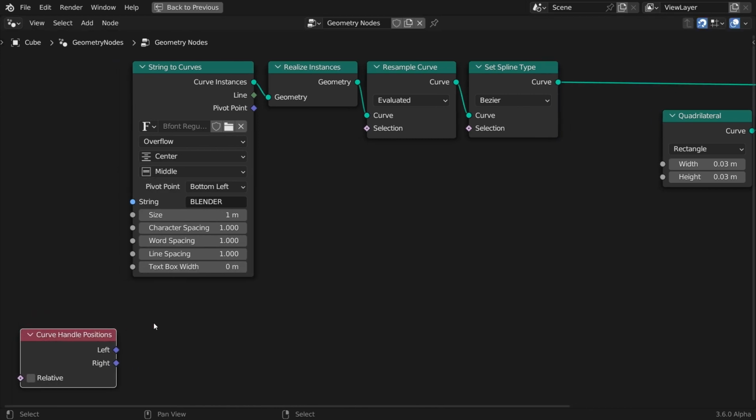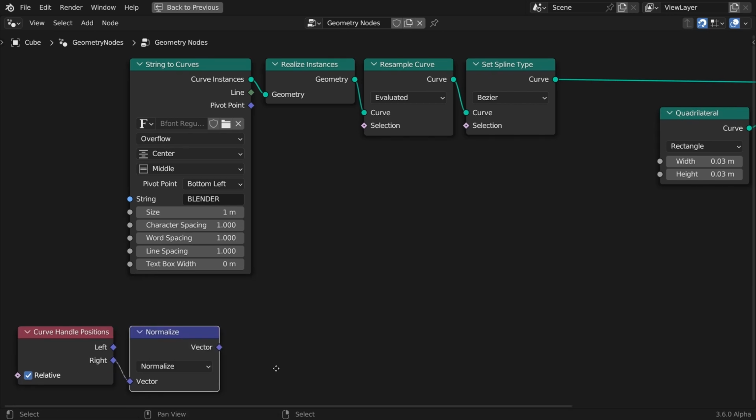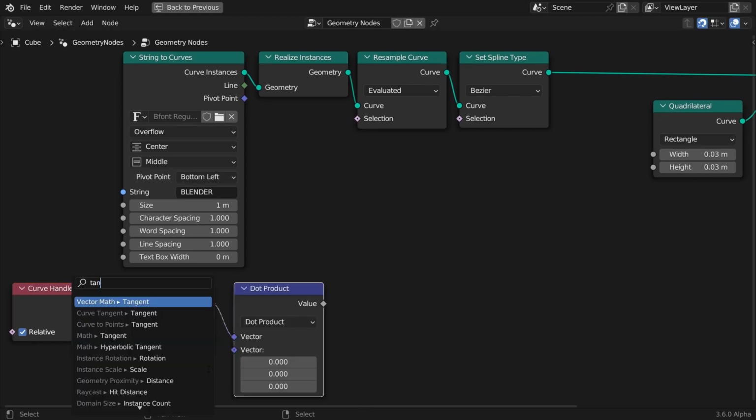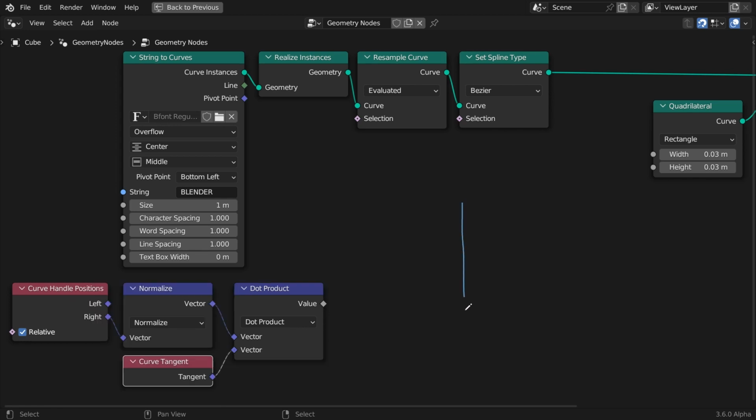Call a Curve Handle Positions node. Check the relative toggle. Normalize any of the output vectors. Add a Dot Product node and feed a Curve Tangent vector to the other input. The dot product projects one vector over the other and returns the length of the resulting projected vector. This video is aimed at artists, so I won't go too deep into details. Suffice to say that this result will help us calculate the right ratio to widen the profile curve at the